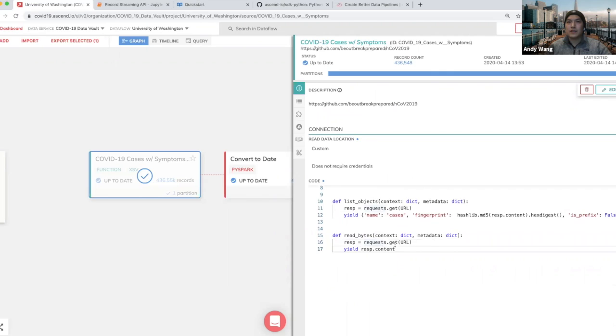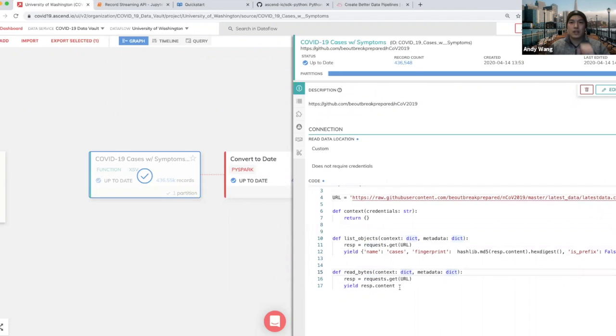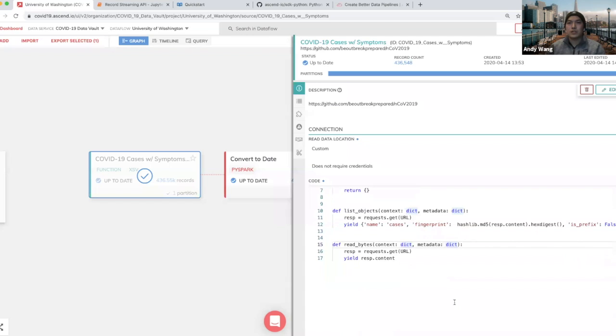And this will actually give us the CSV payload in the response content. So to quickly show what that looks like, this data itself might take a while to load since it is pretty big. Essentially, it's just a huge CSV dump. And so ultimately, the read bytes function is allowing you to connect the result of that huge CSV dump to